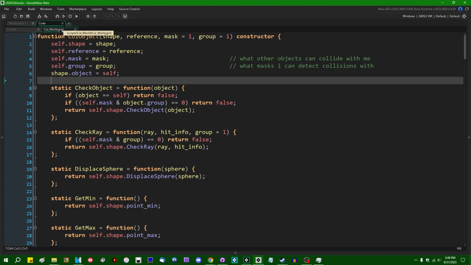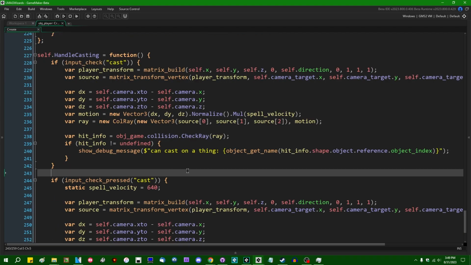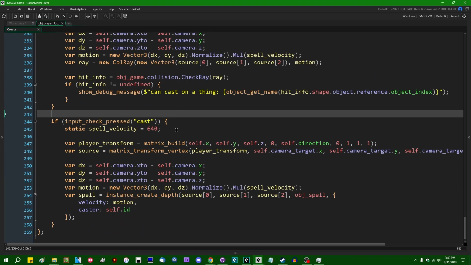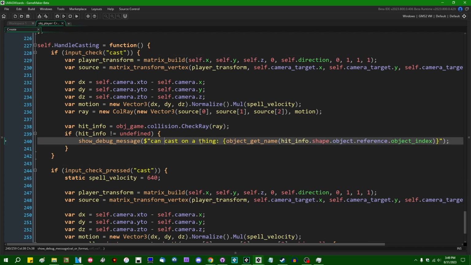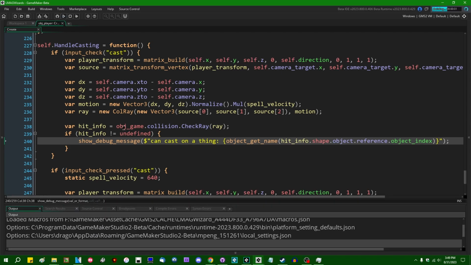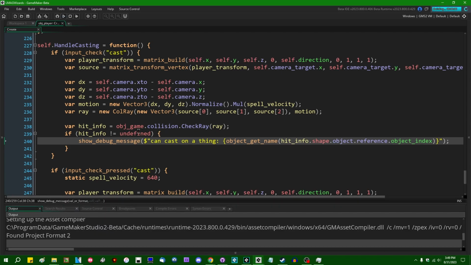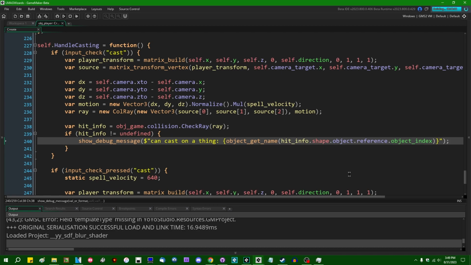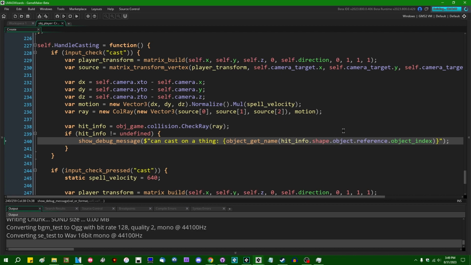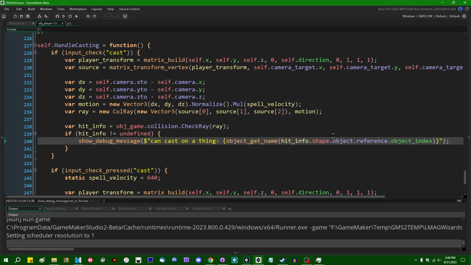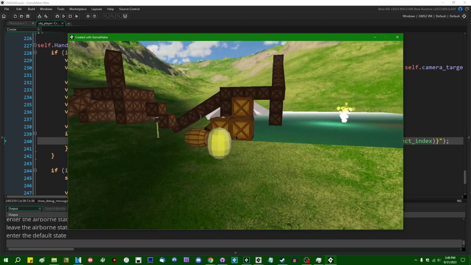I will hopefully have a somewhat better solution to that in an actual update to the collision system. Anyway, so if I wave my wand at a thing in the world, if we actually contact something, I should be able to see the name of the object type which we are waving our wand at, and we're gonna have to build the game,